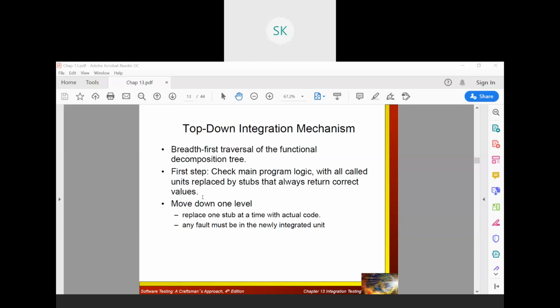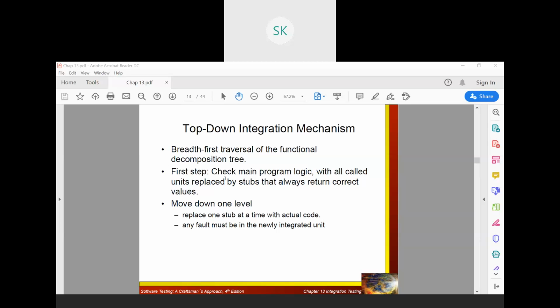With respect to that, it will be taking the breadth first traversal of the functional decomposition. What is this breadth first? You have studied with respect to your BFS, DFS, and all those. Breadth first, whatever it will be taking care of, it will take one particular starting point. From there, it will start with the maximum number of nearest neighbors that are available. In the nearest neighbors, whatever the particular thing is there, it will cross verify. Then it will move to the next one, next one, next one. Like that, it will be taking care.